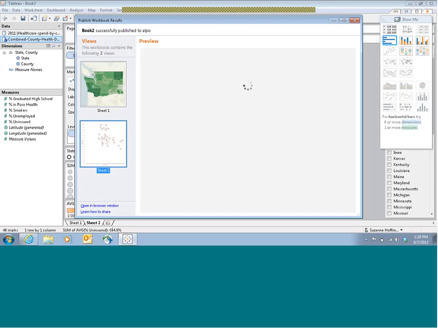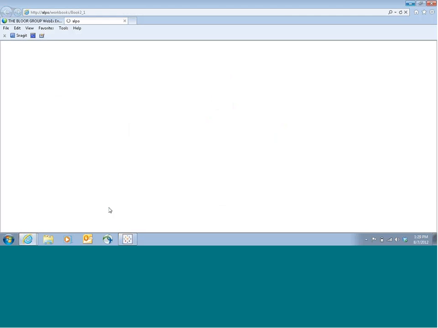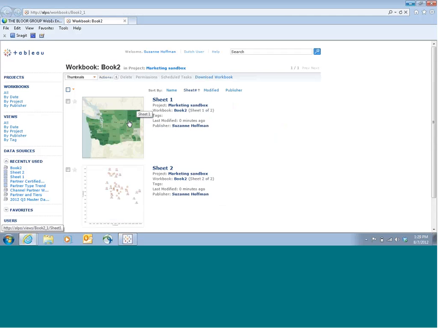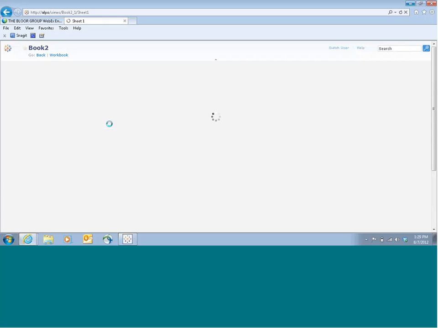And while this is coming up, here we go. What I'm going to do now is show you the ability to have this data as a dashboard within Tableau Server. And so we have this now, so you'll notice that this is on the Tableau website. We have this workbook that I can click. We'll see it live on